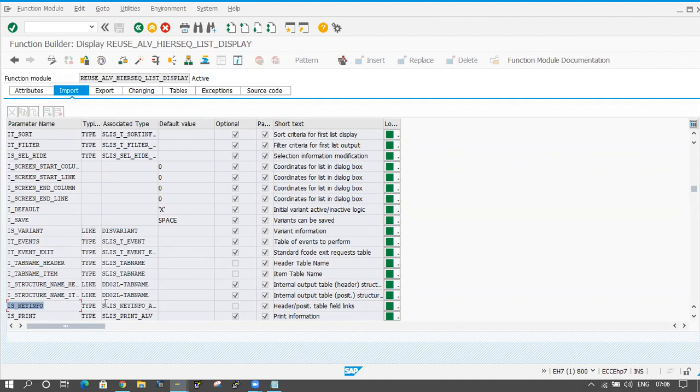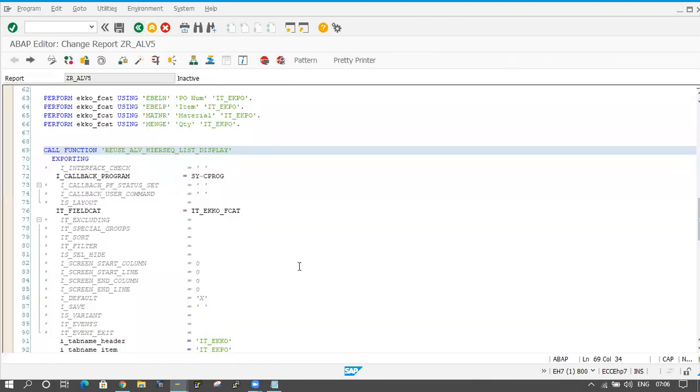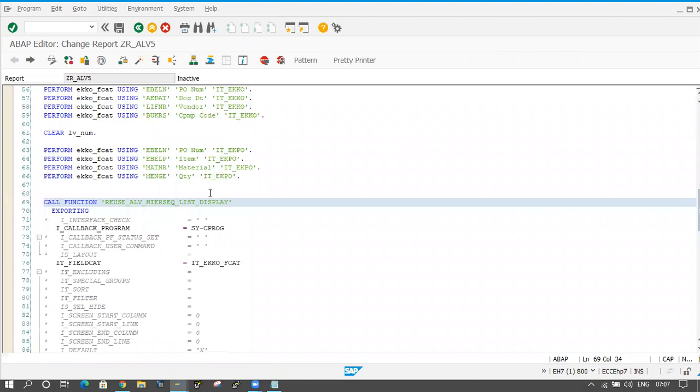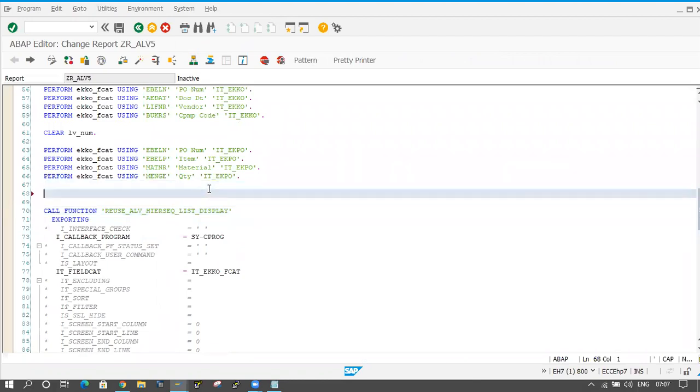So I will copy this structure here. They are declaring this work area by using a structure, right? So I will copy the structure name. If you click the back button, here only I will declare one work area, work area key type. I have copied it and I'm pasting it here.